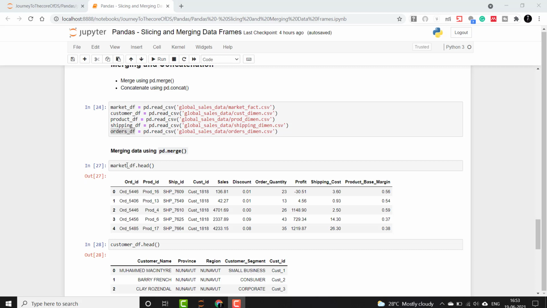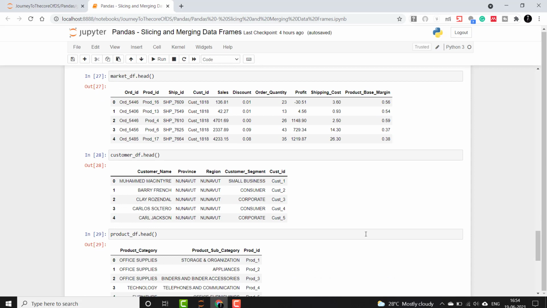The market data frame, you're already familiar with, as each row is an order here. The customer data frame is a dimension table, where each row contains metadata about the customers, with province, region, customer segment, customer ID and customer name.